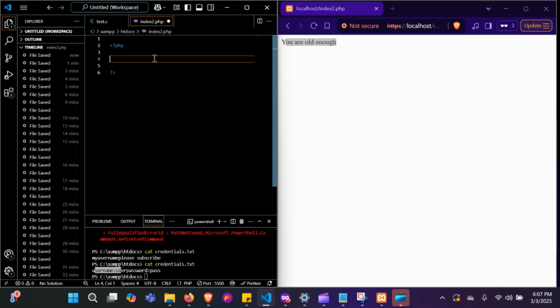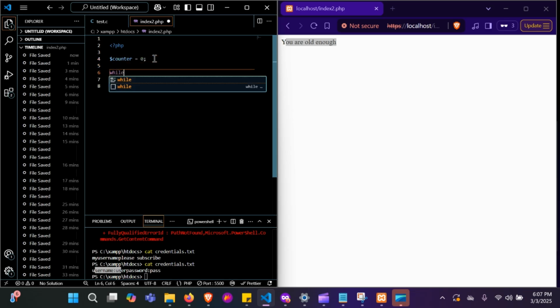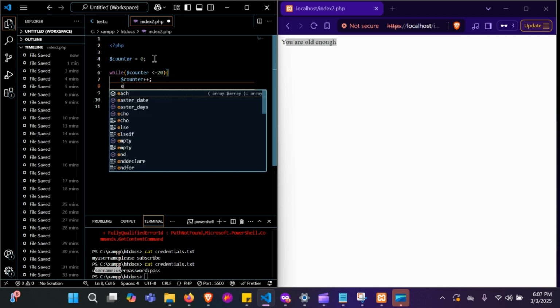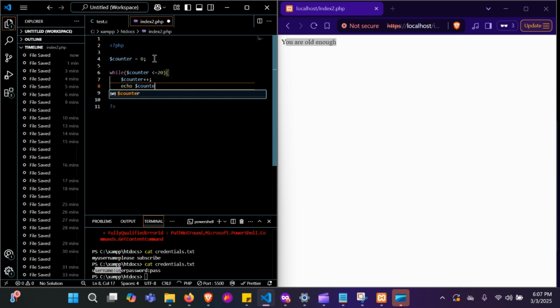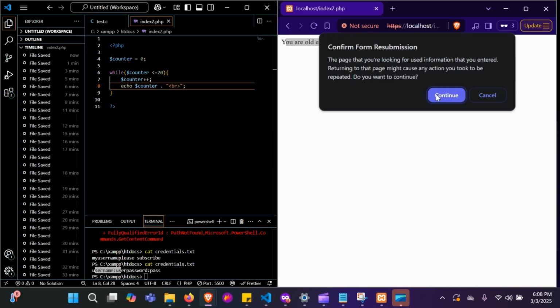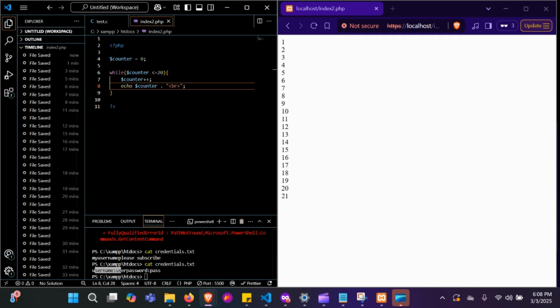Let's talk about while loops. As long as a condition is true, it's going to continue to run. For example, let's say our counter is set to 0. We're going to use while, while counter is less than or equal to 20, we're going to increment. Let's echo counter, then a period for concatenation, and let's do a new line. It's going to print up to 21. So what if we do less